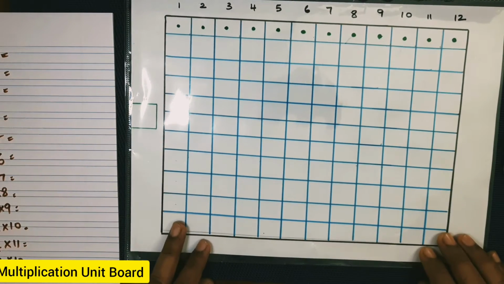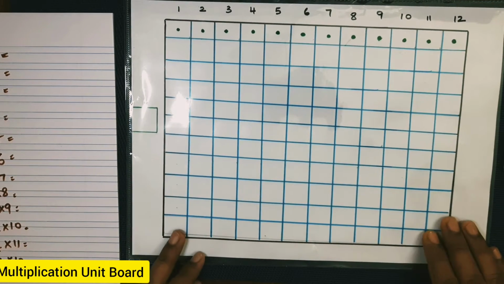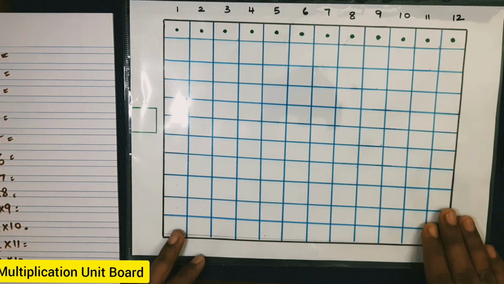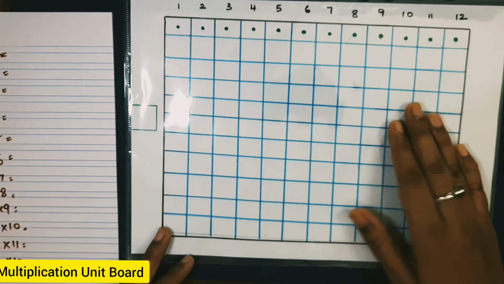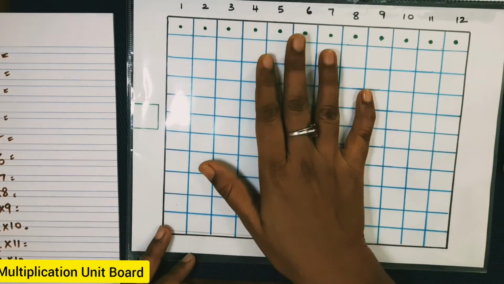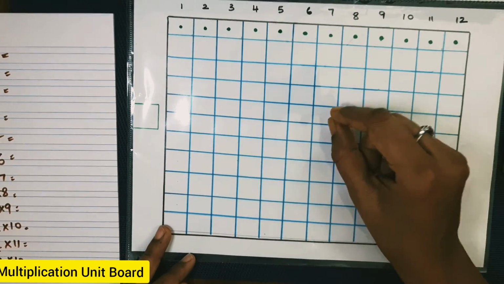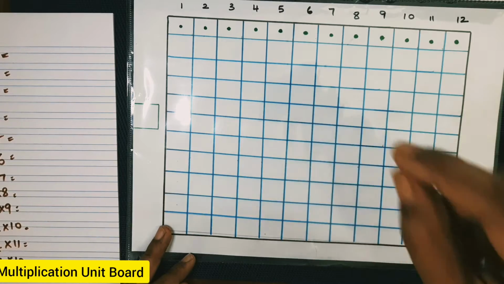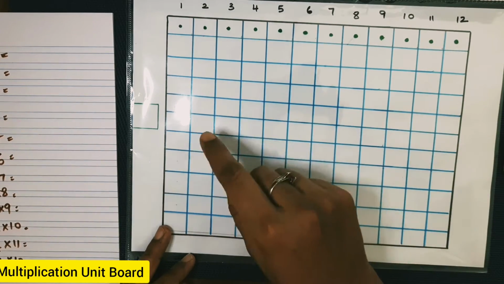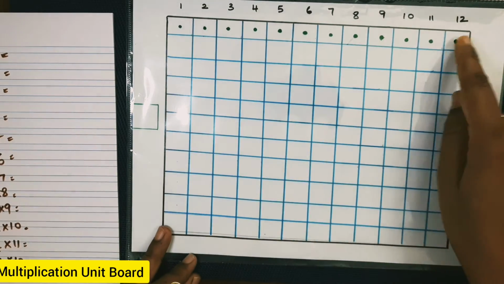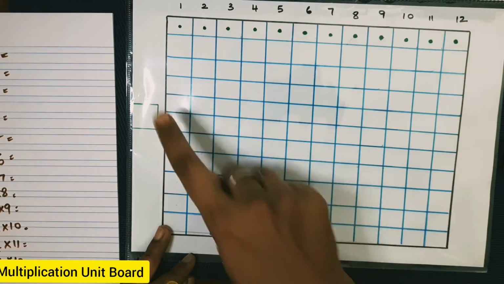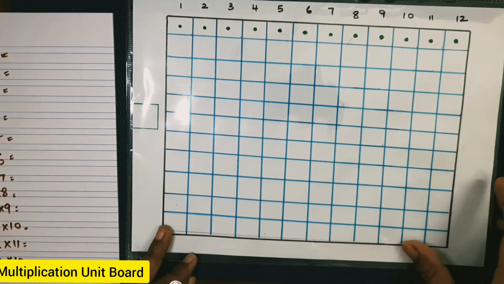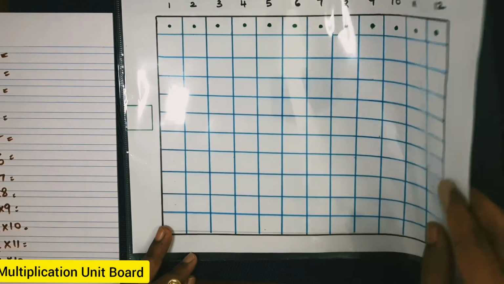For this material, if you Google for multiplication bead board, you will get a variety of pictures. So just by looking at it, you can draw and customize as per the need of the child. For my child, I want him to do multiplication till 12. If it is the 4 table, till 4 taken 12 times. So I just drew it on an A4 sheet and I put it inside this